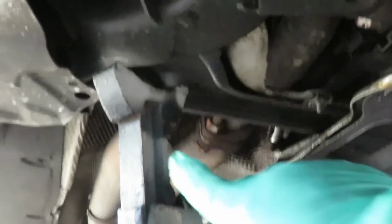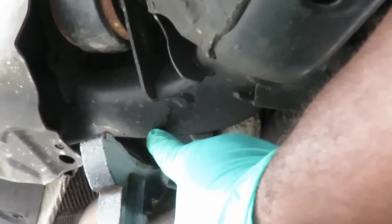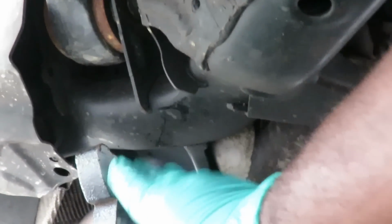Look up under here. See, I got that jack stand. Now watch the location of this jack stand. You want to find something solid metal. You see I got it right there up against there. I can lower it down right now, but I can leave it there. We're good. Again, you don't want to put it anywhere on the side of that body. Alright? The next thing you want to do,